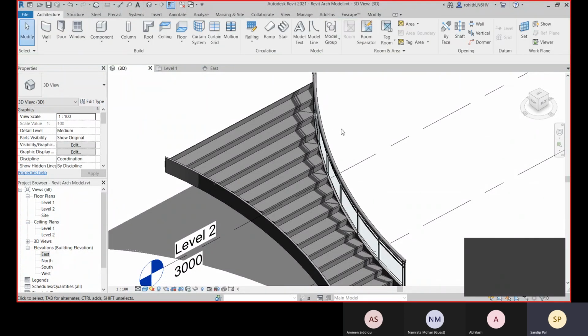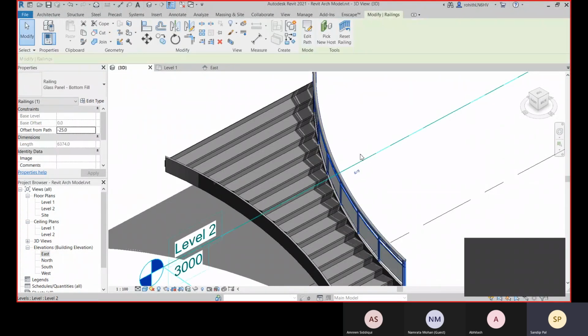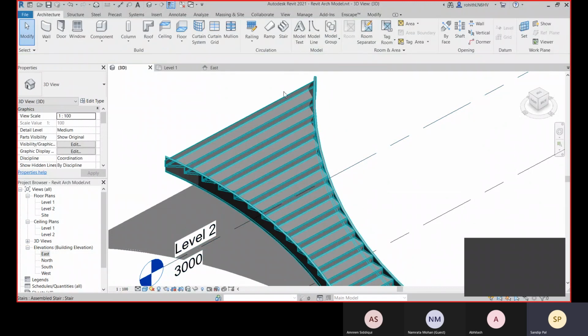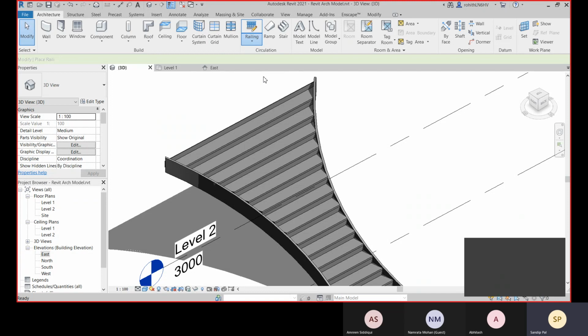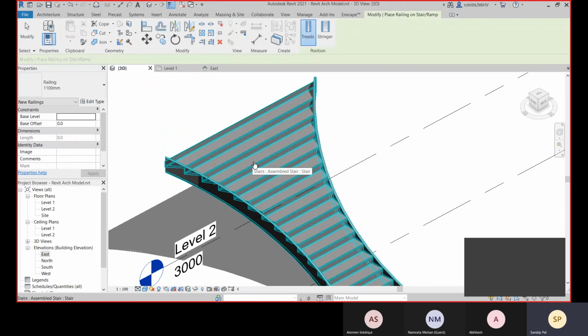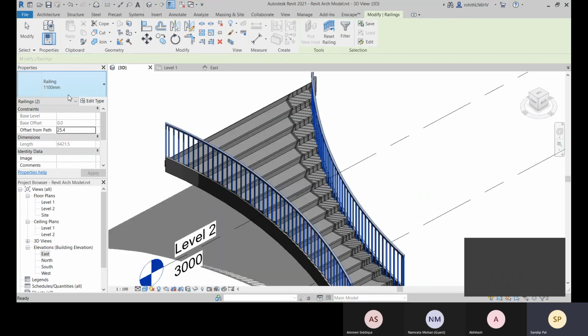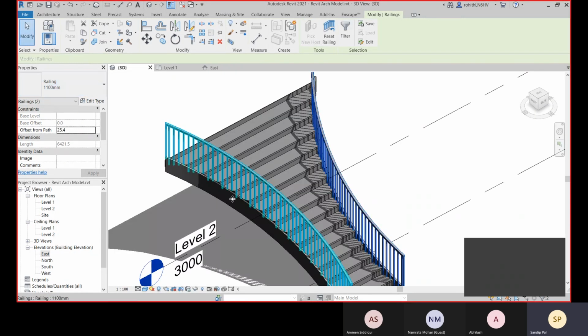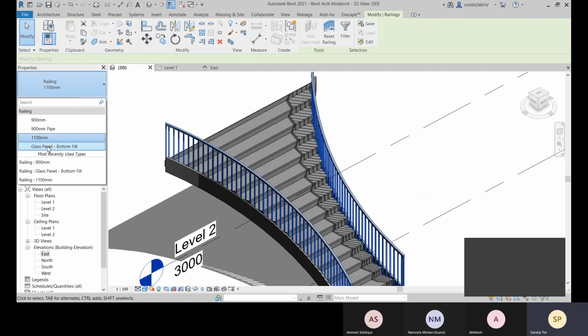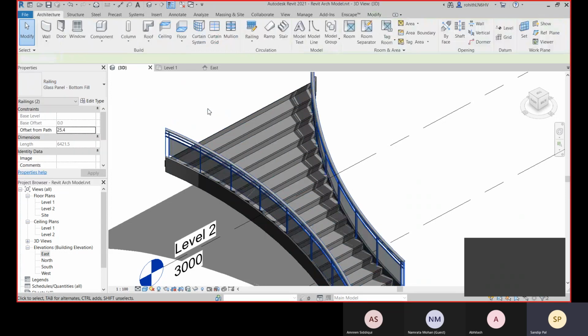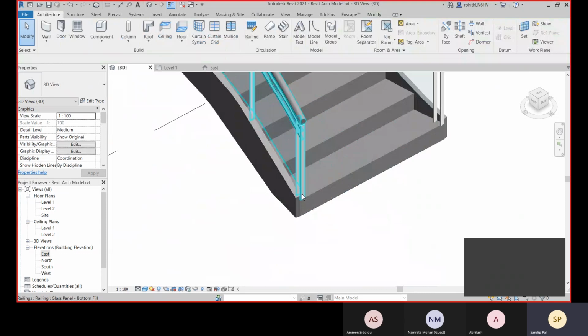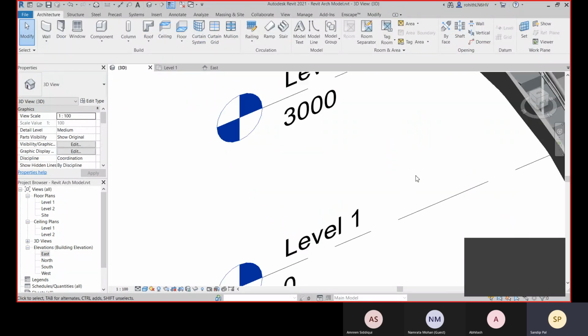With this option you have to make sure that there is no railing placed on this stair, then only you can place, because at a time it will place two side railings on this stair with this type. So you can change the railing type after this. Now you see this is placed on the treads.